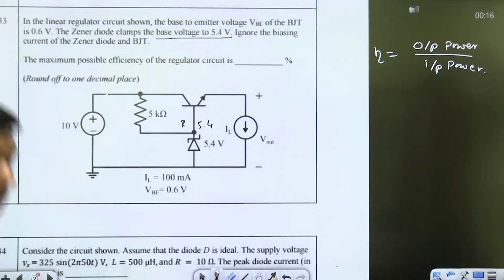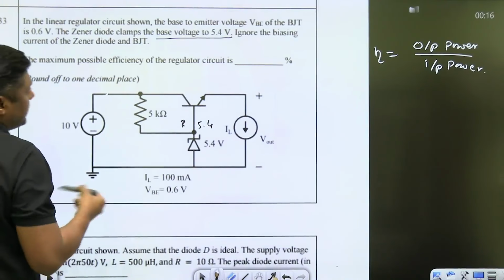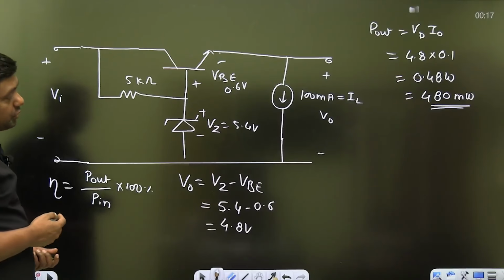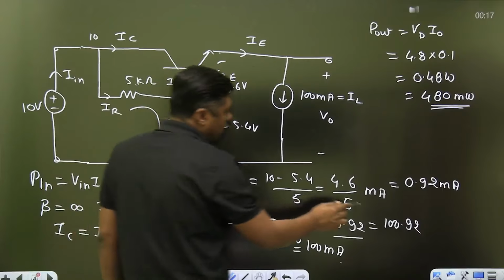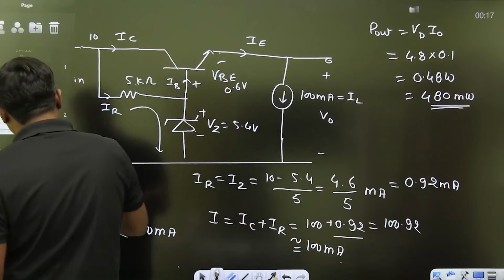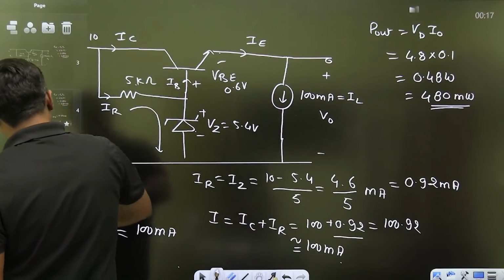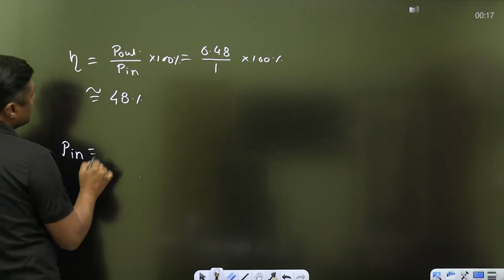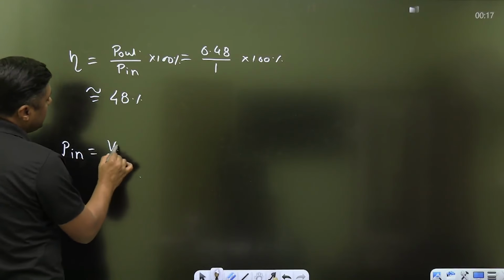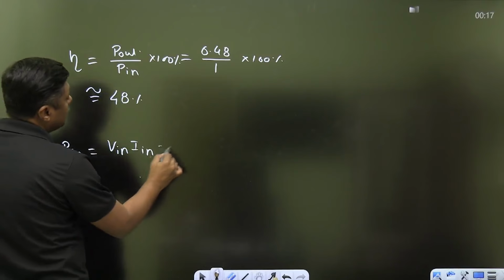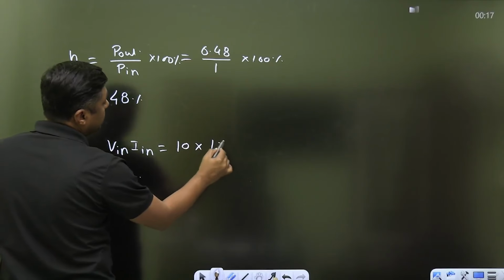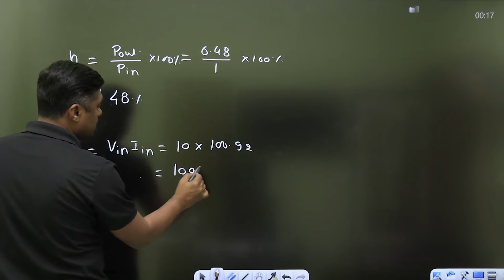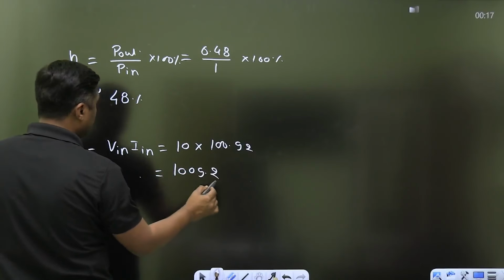Now, if you are going to consider the Zener diode current, if you consider this current 100.92, and that's why I have said we have two solutions, then the input power will become V in I in. V in is 10. What is the total current? 100.92. Right, you will get 1009.2 milliwatt,